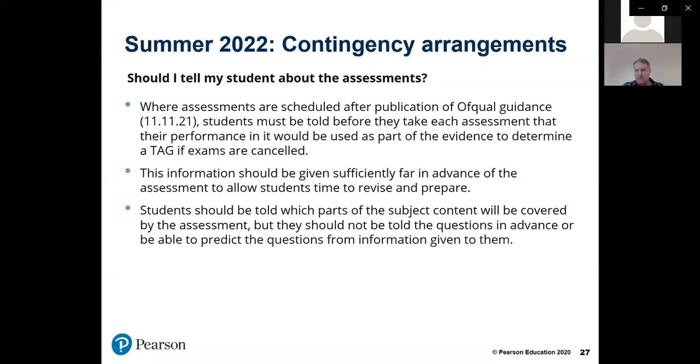Students should certainly be told which parts of the content will be covered by the assessment, but they shouldn't be told the questions in advance, or be able to predict those questions from any information given to them. This means students should not, for example, be assessed using past papers from one particular year